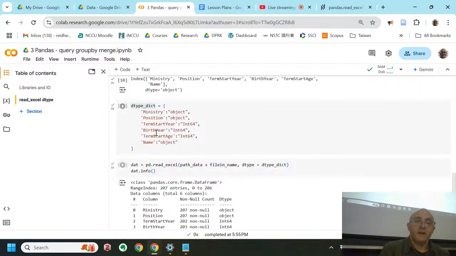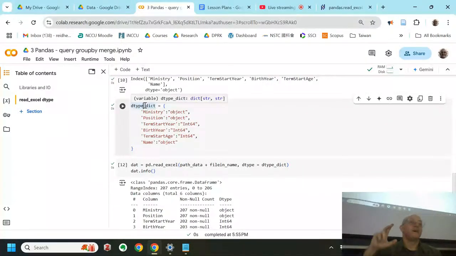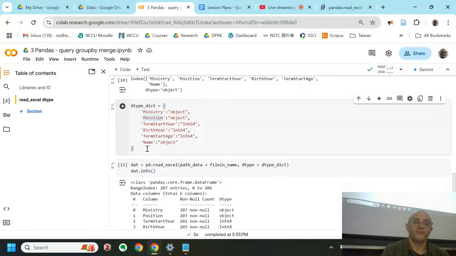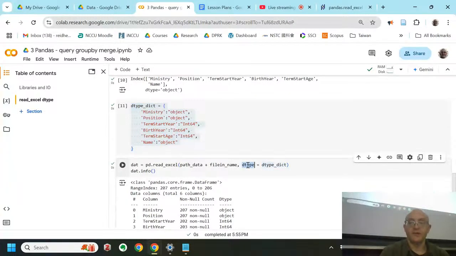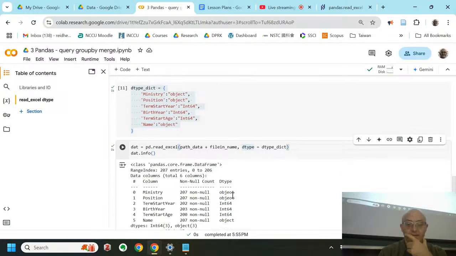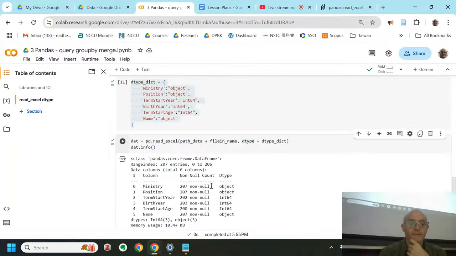So if you're just cleaning data and you're wrangling data and you're messing around with it and you're going to change it and you're only going to do one script or something, you don't need to do this, right? But if you have a standardized data set that you're using every single time and the data types are fixed, then setting up this data type dictionary and then using that to cast your data types as you read them in from Excel, it saves you a lot of time. And it's just cleaner. Okay, so that's